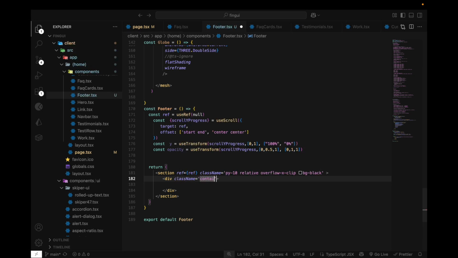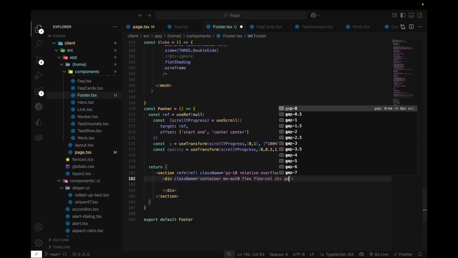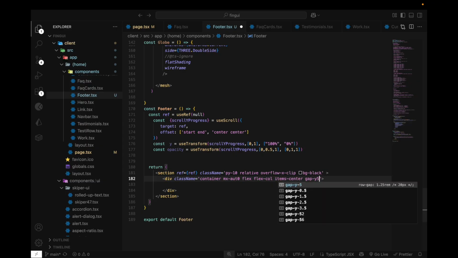A class name container mx-auto flex flex-col items-center gap-y-5. Okay,